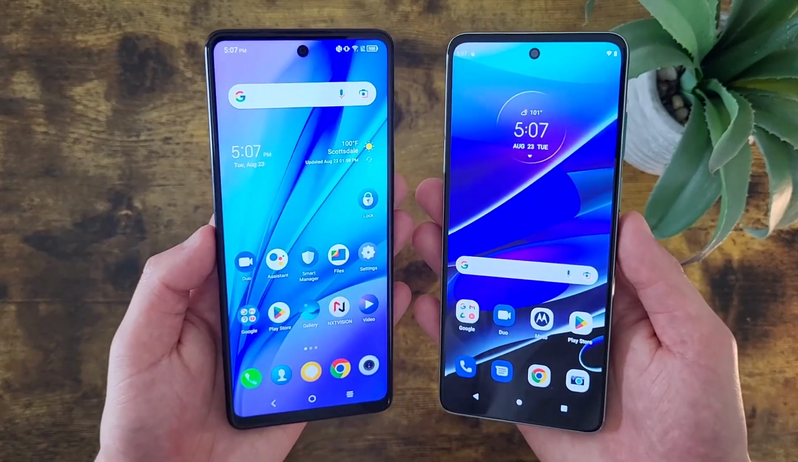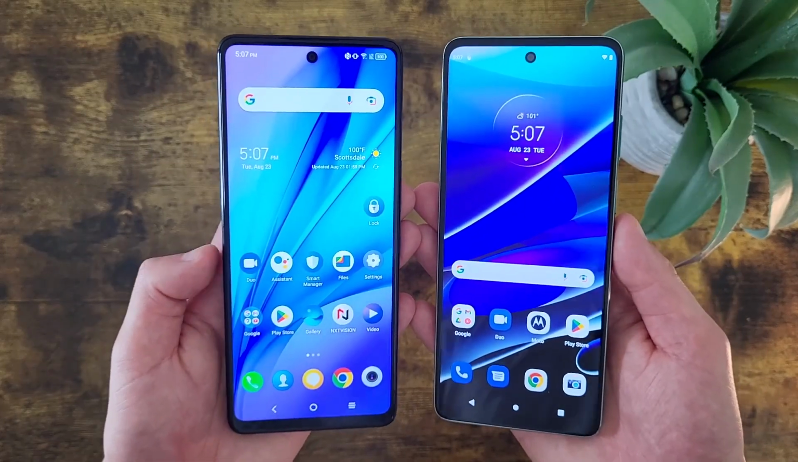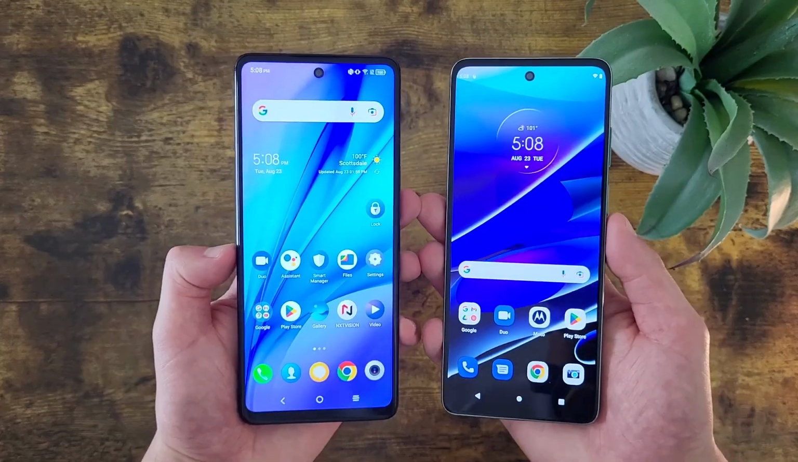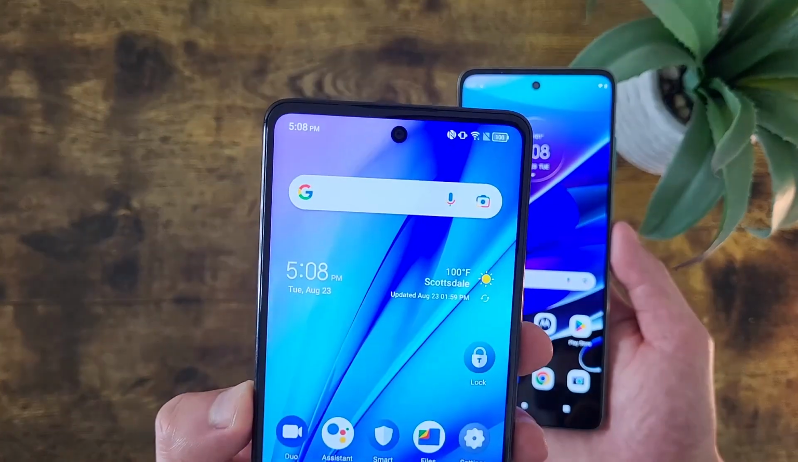And again, remember, both phones also do have face unlock, so if you want to use that instead, you always can. Now taking a look at the camera setups here, with the TCL Stylus 5G, we got a nice looking